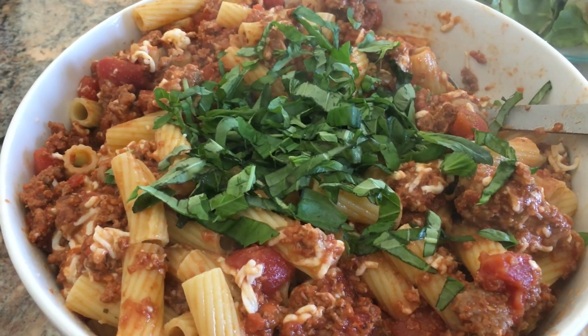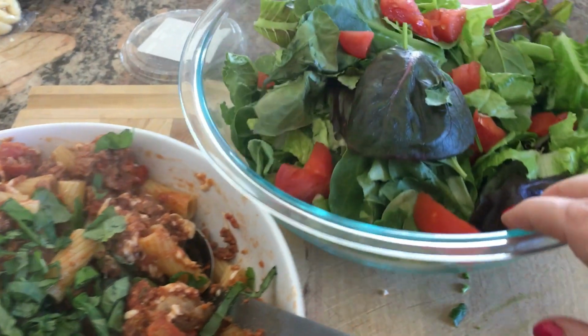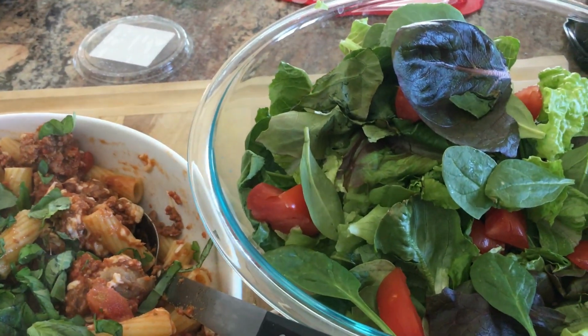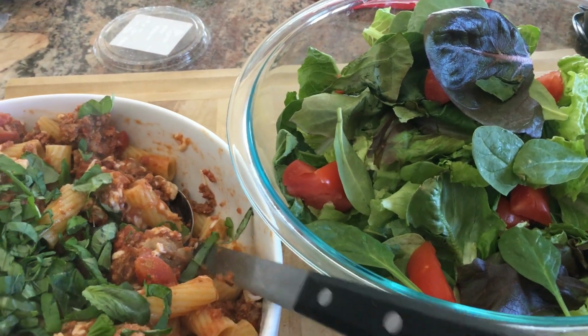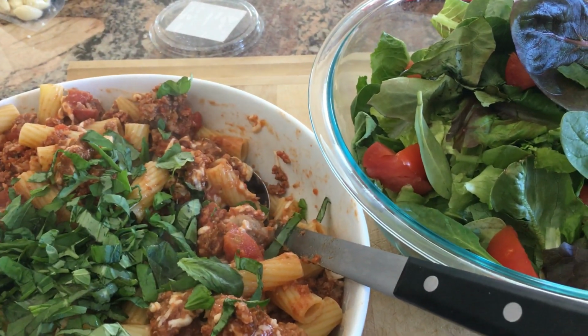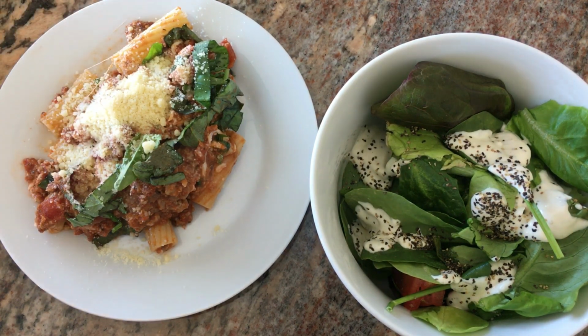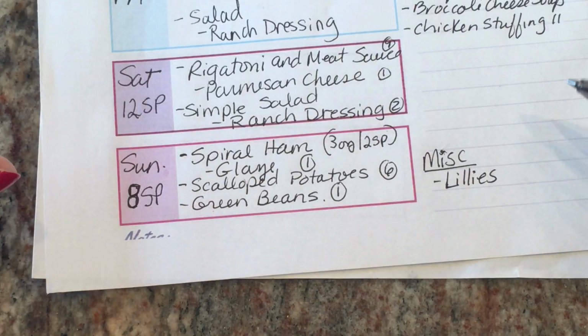So we're having some rigatoni with the meat sauce, and these are some greens I grew in my arrow garden, and we also grew the basil too. How cool is that? Rigatoni with meat sauce, a simple salad with ranch dressing, Sunday spiral ham,